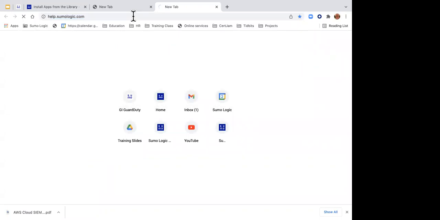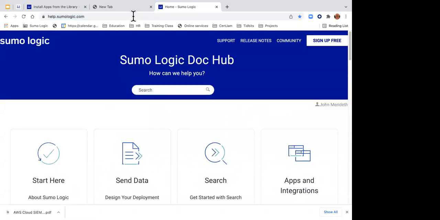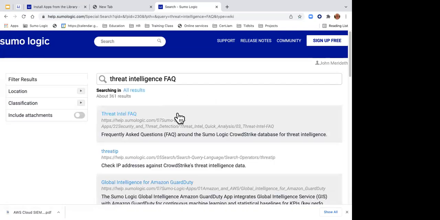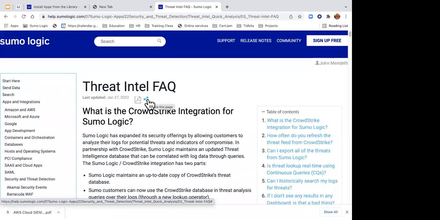And by the way, it might help you if you've not played with CrowdStrike before. If I go to our documentation, and if you want to get there easily, you can just type in as a URL, help.sumologic.com. And if I type in threat intelligence frequently asked questions, you can see the sort of information that we get back from CrowdStrike.